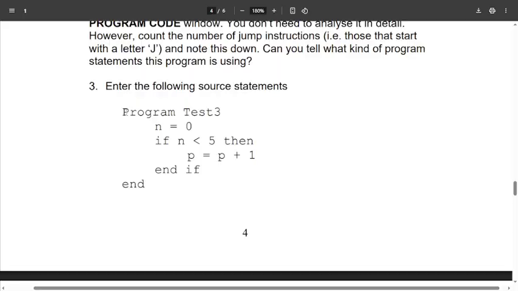Okay, so program test 3. We try to find stdin, standard in C. Okay, so from here we copy this.